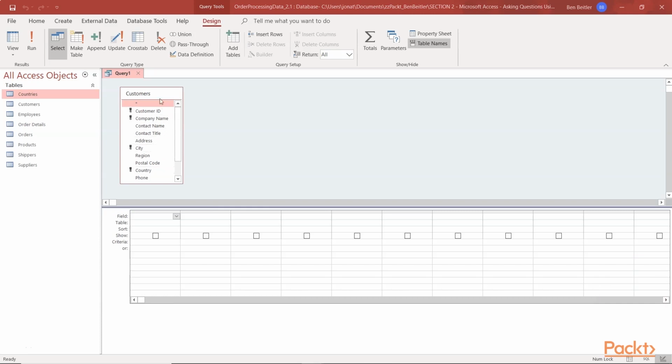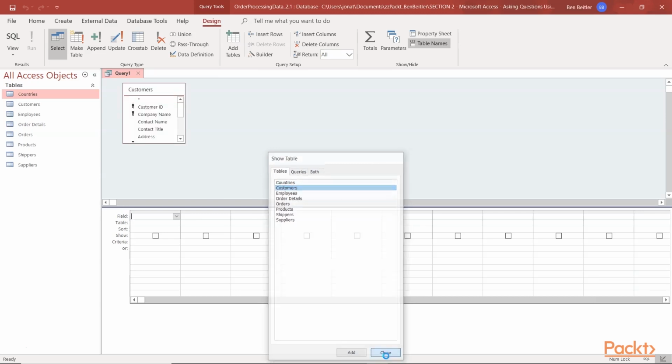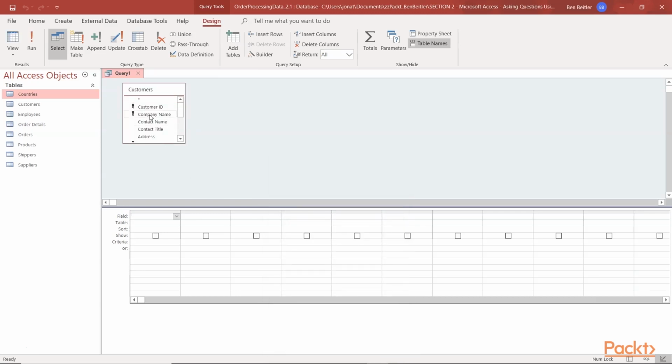If you wanted to remove this table, you could click anywhere in the table and press the Delete key from the keyboard. To add another table or query, you need to open the Show Table dialog box using this icon here. Simply select the table or query and then click on the Add button, or better still, just double-click on the item which will add it to the query. This is known as a select query, which is the most common type of query,